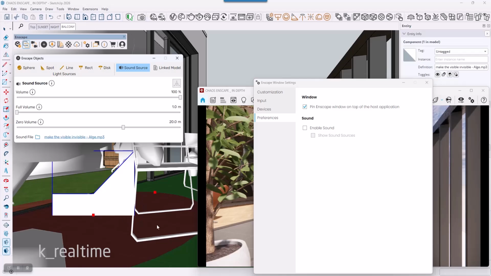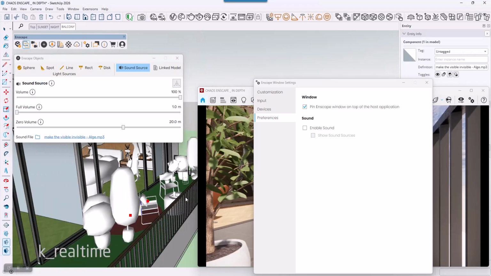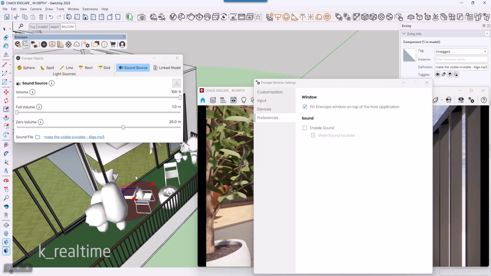And if we look at SketchUp, we will see a color highlight. Interior color is full volume. In this space only, it will sound 100%. Zero volume is the color on the outside. This one color means it sets